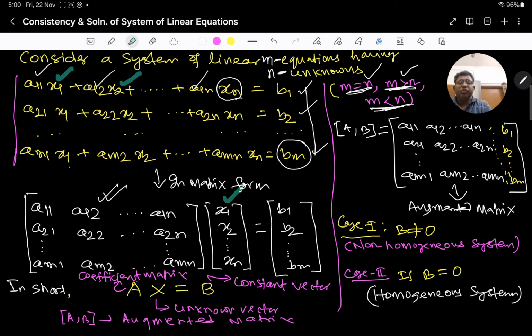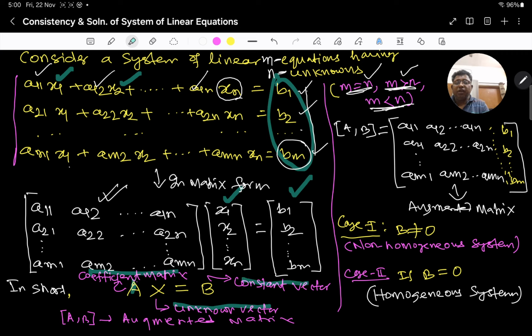This is my unknown vector, and A is my coefficient matrix, and this right hand side b is called my constant vector. So in short I write Ax = b,